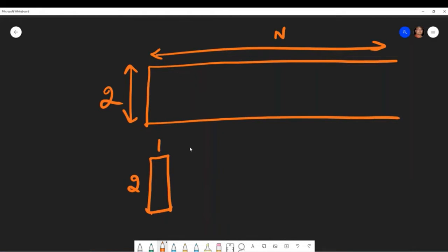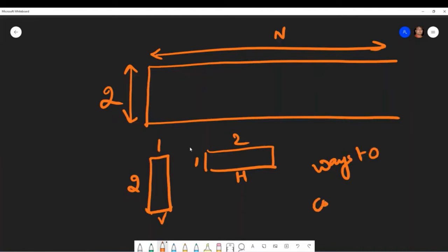This tile you can rotate and keep it horizontally also. So it's 1 cross 2. You can keep it horizontally or you can keep it vertically. You want to cover the entire field and you have to tell how many different arrangements are possible. So it is about the number of ways to cover